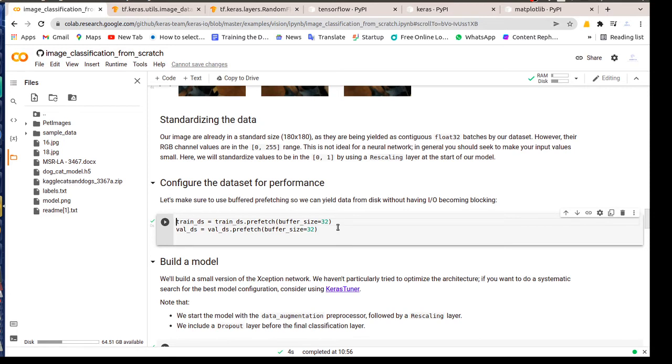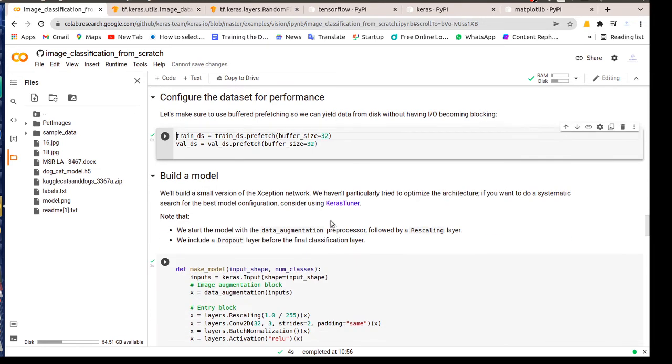In this, we are just giving buffer size 32, meaning how many images you want to keep in the buffer. We are creating a buffer of 32 before taking them during training.